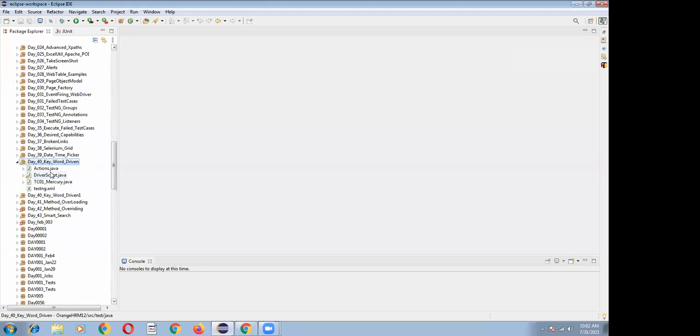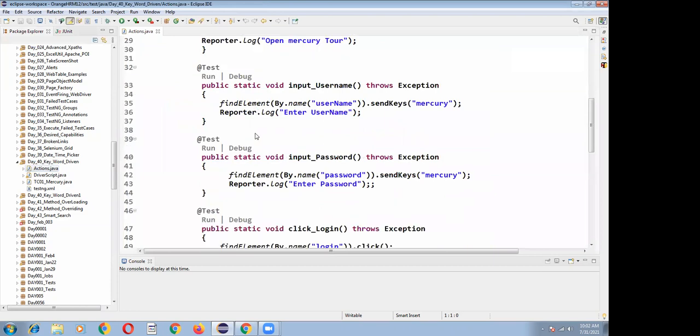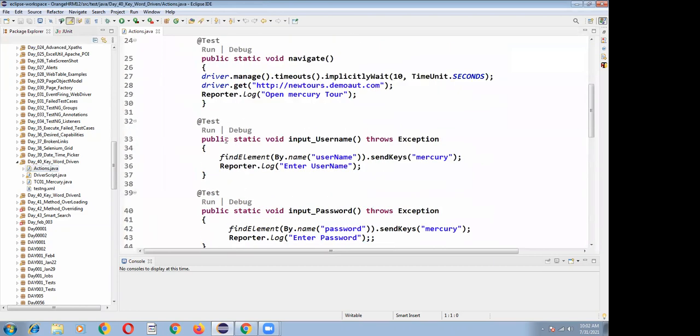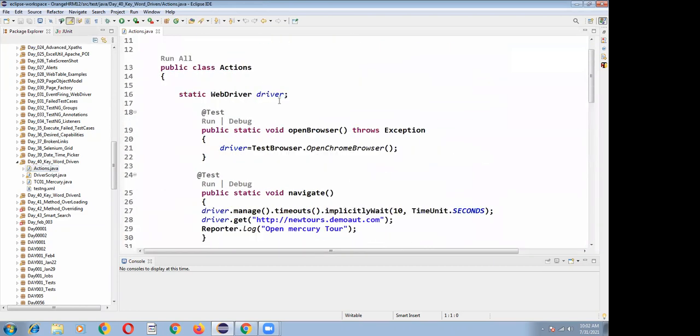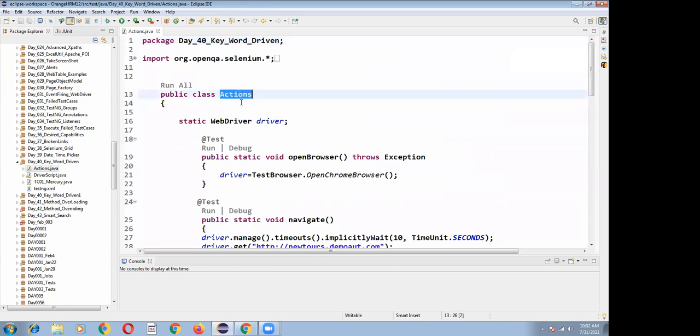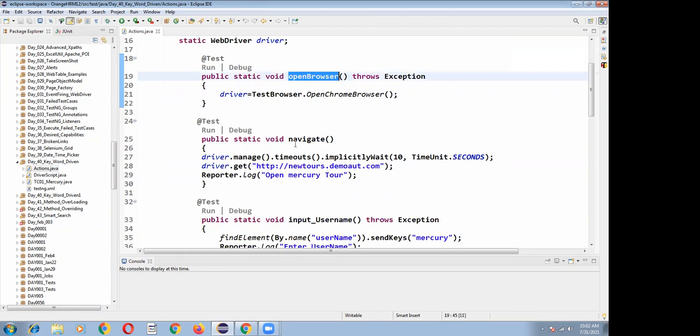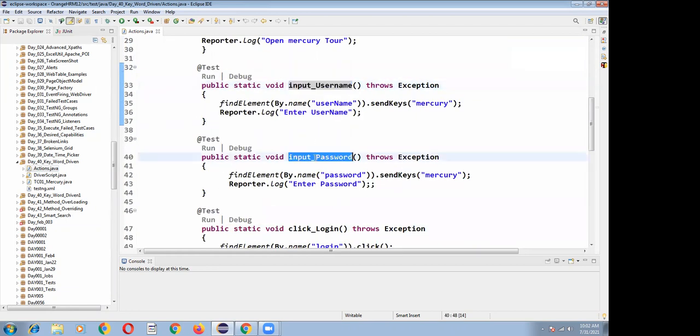In the keyword driven framework, we write a set of application related methods, everything in an actions.java file. I have written open browser, navigate method, input username, input password.